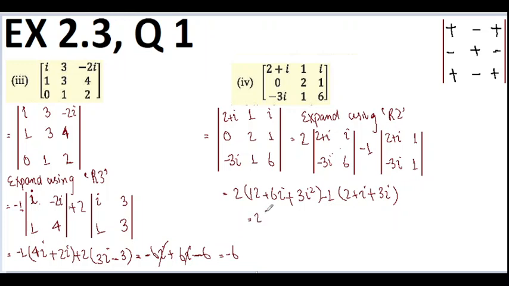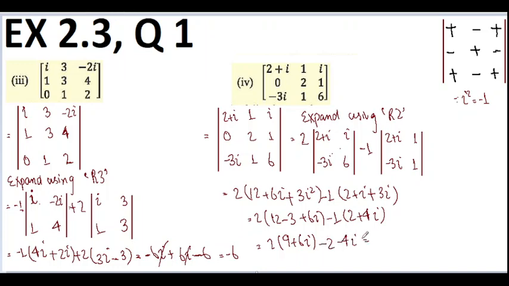Now it is equal to 2 into 12 plus 3 into iota square gives us -1. We have read it in complex numbers. So now 3 into -1 gives us -3, so 12 minus 3 plus 6 iota, -1 into 2 plus iota plus 3 iota gives us 2 plus 4 iota. Now it is equal to 2 into 12 minus 3 gives us 9 plus 6 iota, -2 minus 4 iota, which is equal to 2 nines gives us 18, plus 2 into 6 gives us 12 iota, -2 minus 4 iota, and it is equal to 18 minus 2 gives us 16 plus 12 iota minus 4 iota gives us plus, not 9, it is 8 iota.